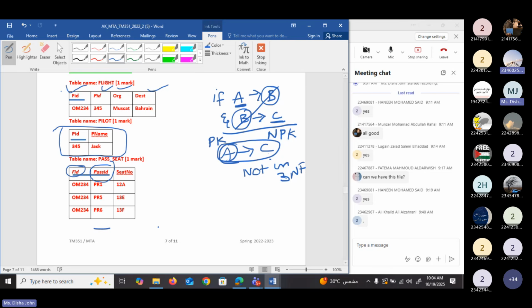Doctor, we also took the pilot ID from the table before, so is it considered a foreign key and a primary key as well? Which table? From the first table, there is pilot ID. In the second table, also there is pilot ID. Yeah. We will consider pilot ID as the foreign key from the table flight. Okay. Yes, clear? Yes, thank you.